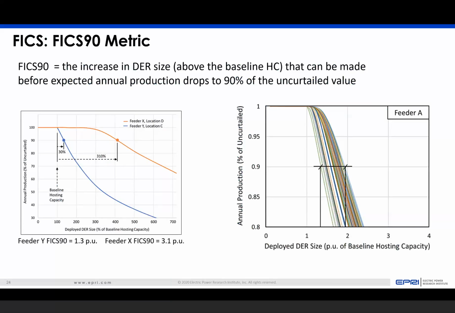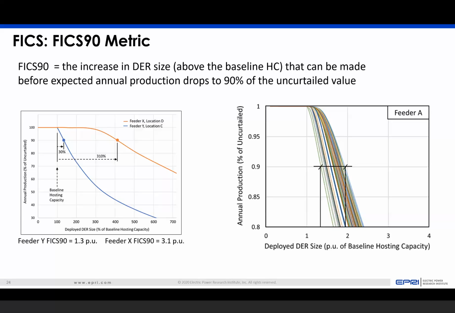The reason we say uncurtailed production is because we know that the solar PV plants will vary over time. It's not just a fixed generation source. So we're looking at what is the uncontrolled profile versus what's the curtailed profile. The orange feeder and location show about a 3.1 per unit increase in this FICS